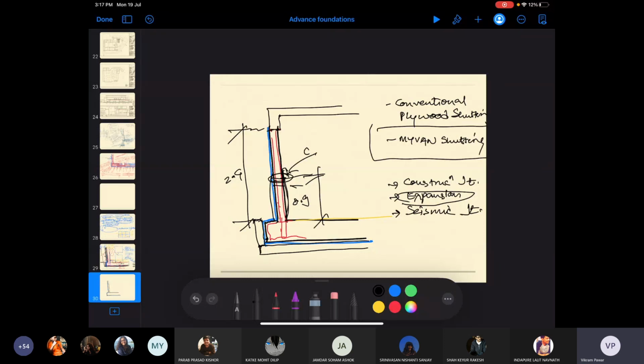So at this construction joint I'm going to have the water barrier. If this is a wall and this is the construction joint at this junction, what I'm going to have is a rubberized, butyl rubber kind of continuous membrane, which has ribs like this, and it is a continuous strip. One component of it is embedded on the lower side and the concrete is poured, and half of it is sticking out.